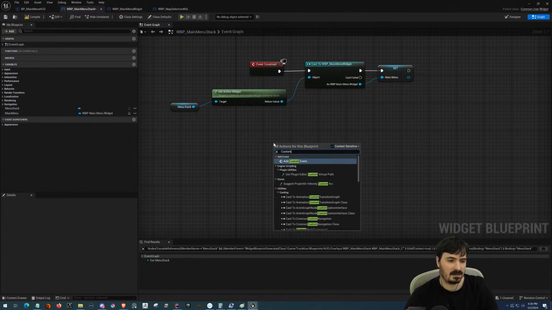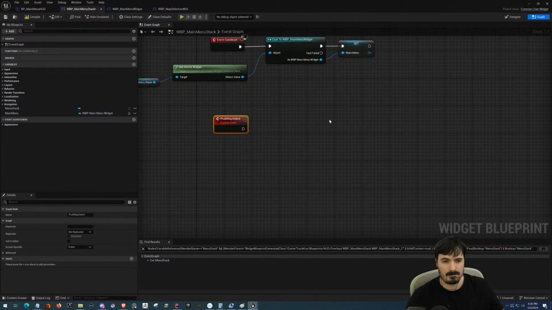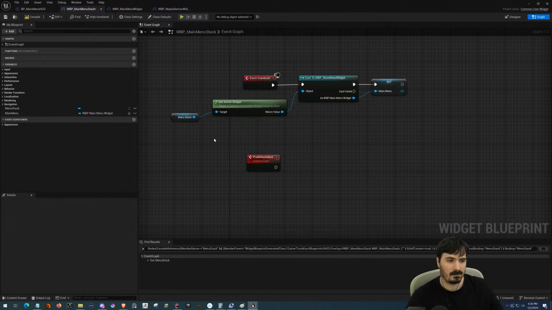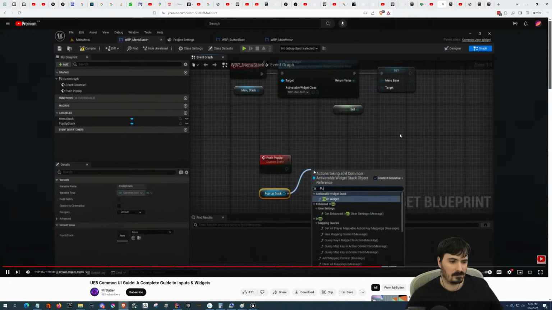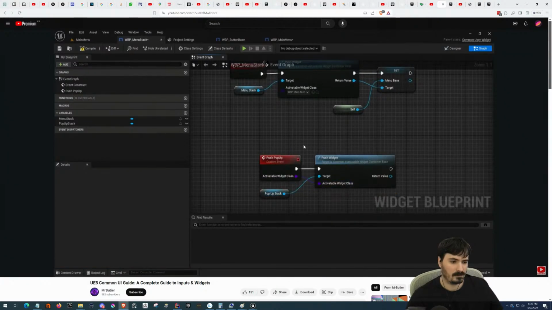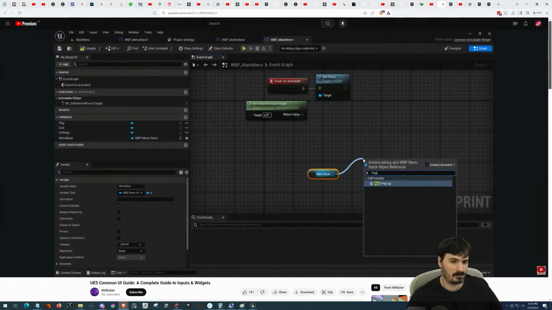Sorry, custom event, push pop-up, push widget, and we're just going to connect those two. So what we can do is that now in our main menu, if we were to drag this off, we can go into